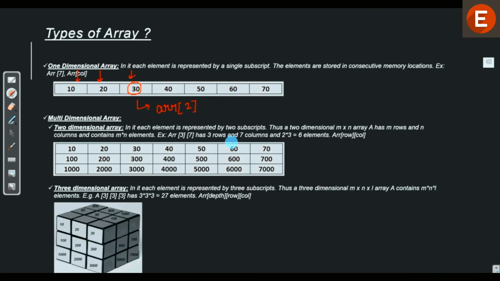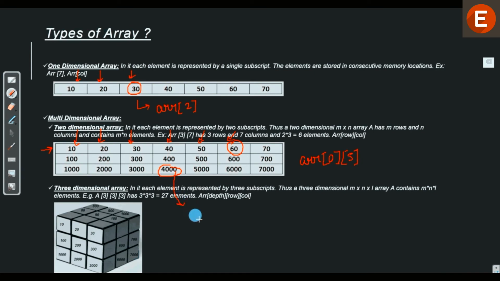Now let's say we want to find out the cell number of this guy over here. The answer is ARR, row number is, this is 0, so we put 0 over here, and column number is 0, 1, 2, 3, 4, 5. So it becomes 5. Similarly, let's say we want to find out the address of this guy over here.